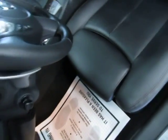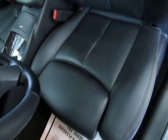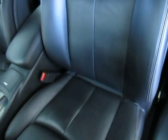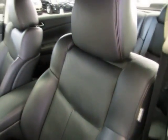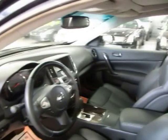Before I sit down, let me pan over the seating area now so you can see it's in great shape without any cuts, tears, or burn holes. Matter of fact, there's no burn holes anywhere in the seats, door panels, headliner, or carpeting, and there's no odor of smoke, so it looks like the previous owner may have been a non-smoker. All right, let's go ahead and get inside of it now